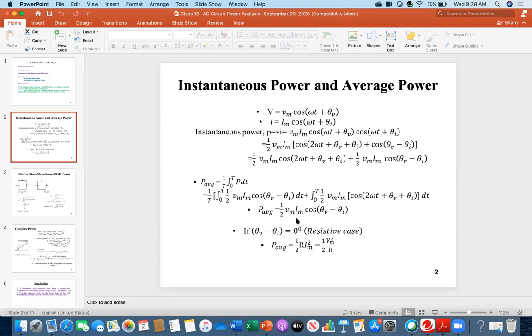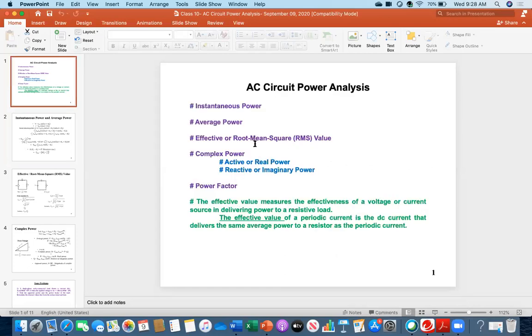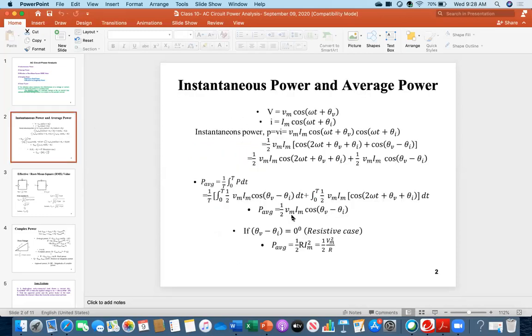Now there is another way of expressing this in terms of RMS quantity. If I express in terms of RMS quantity, then there will not be half. It will be like V RMS, I RMS, and then this component. I am coming to that later. So at this point, everybody just keep in mind this equation. From today, you will be remembering or trying to memorize this equation. This is the equation that you have to use to solve any numerical problems, to calculate the average power or the power.